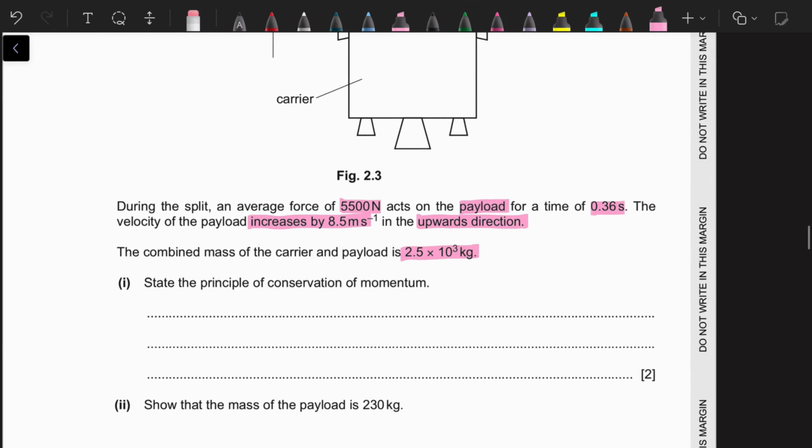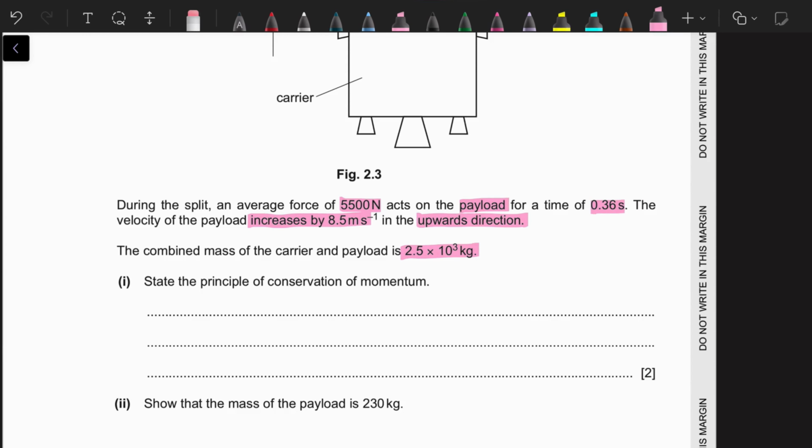So first question, state the principle of conservation of momentum. This is something that you should know before you enter the exam hall. All these basic definitions you should know. It's free marks for you actually. So what is it actually? The principle of conservation of momentum is actually the